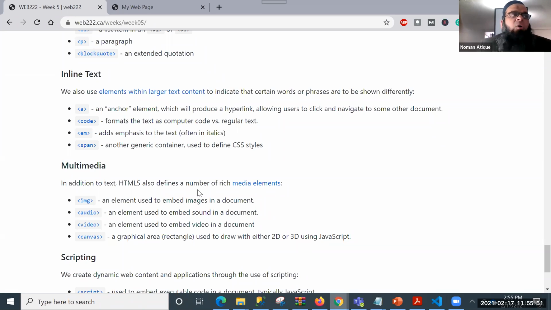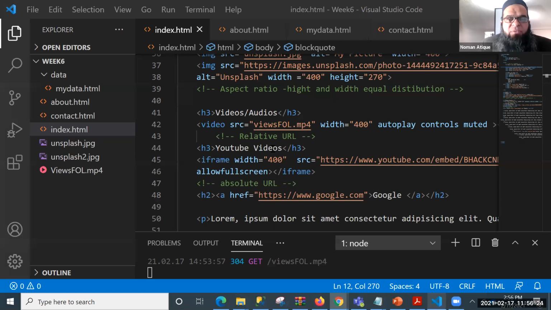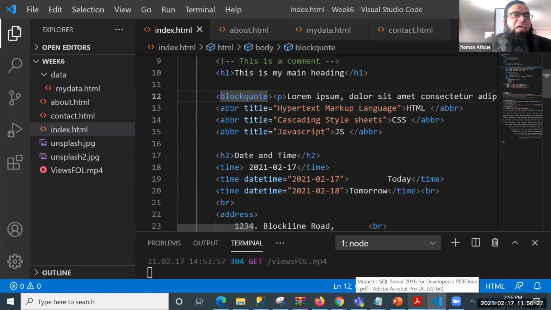No, anchors was not. No, href not. Keep on guessing. Yes, you are right. Href and anchors are also right. These are inline. You are right. But there was some other one as well that I discussed when I was discussing block level and inline level elements. Can anyone come up with those? Waiting for someone to come up. You remember ABBR, the abbreviation? No, H2 is block level, by the way. H2 is not an inline. You remember the abbreviation we have used today? Where is that? This one, ABBR. So this is an inline level.